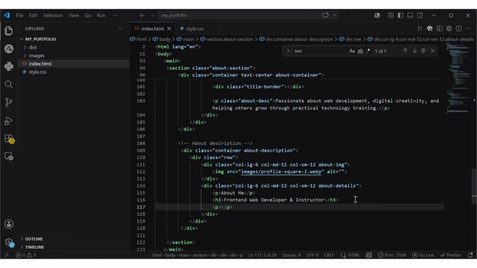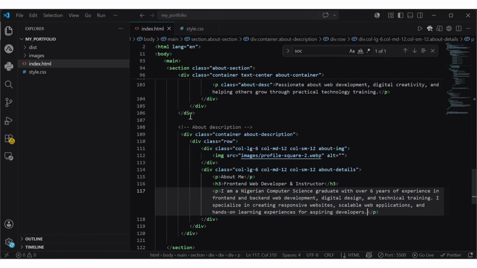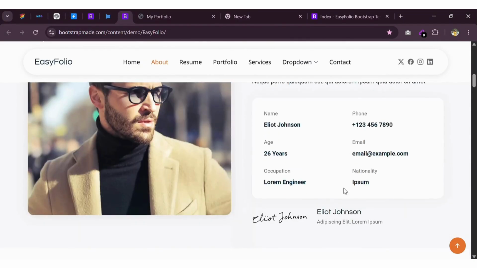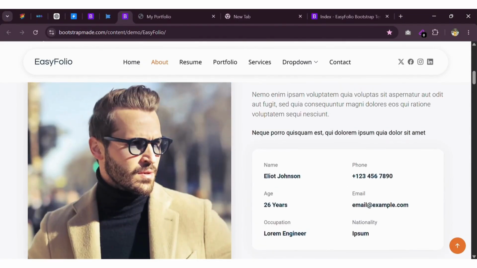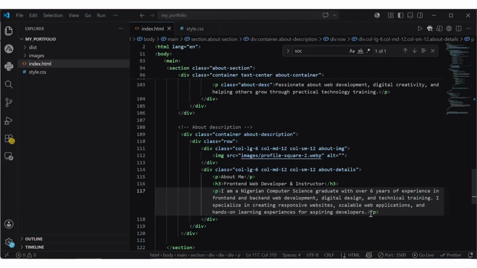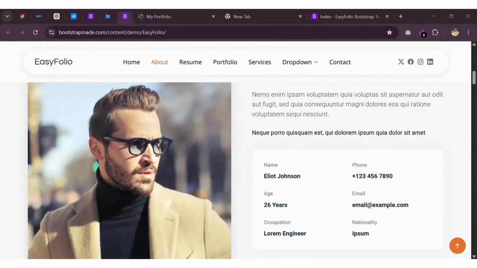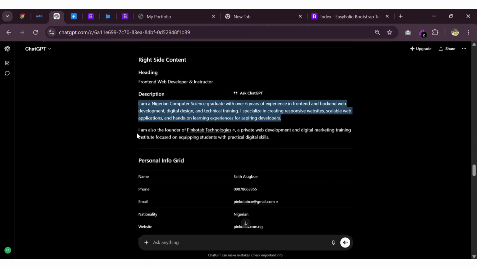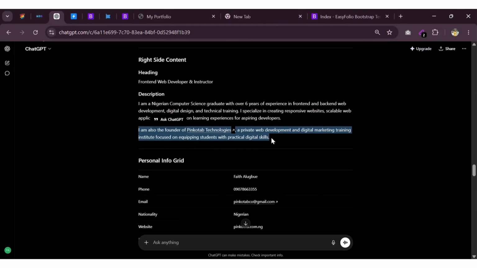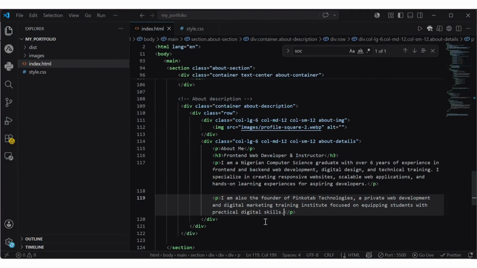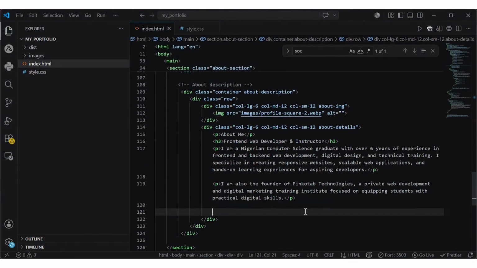We have another paragraph here for our description. We have this short text and this detail. So I'm copying my text from here, which is our already made details we got from AI, from ChatGPT. So I'll paste my second paragraph. Then after which I have